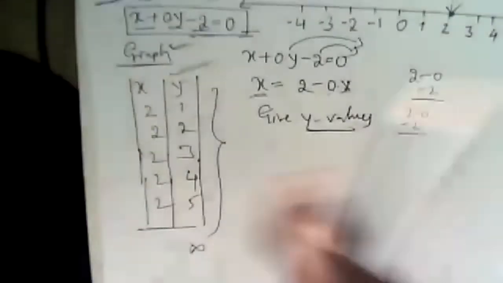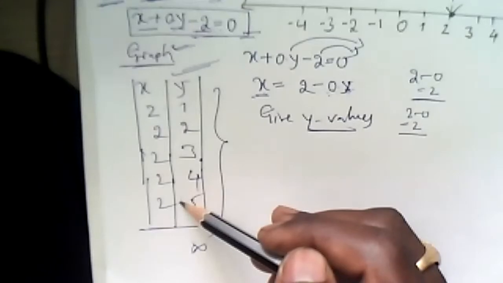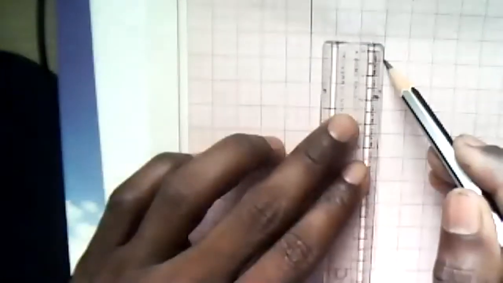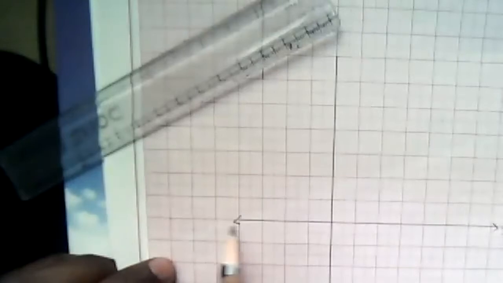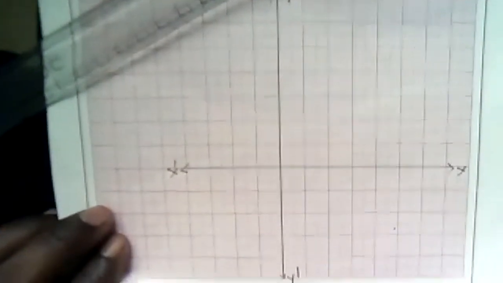Okay, here the maximum value for x is only 2, sorry, it is actually plus 2. Next, the value for y is plus 5. Okay, just see the line. Plot the x and y axes. Okay, x axis and x dash. This is y and y dash.